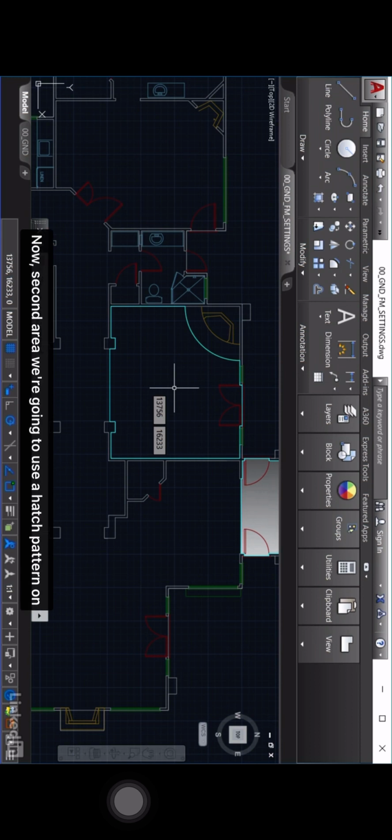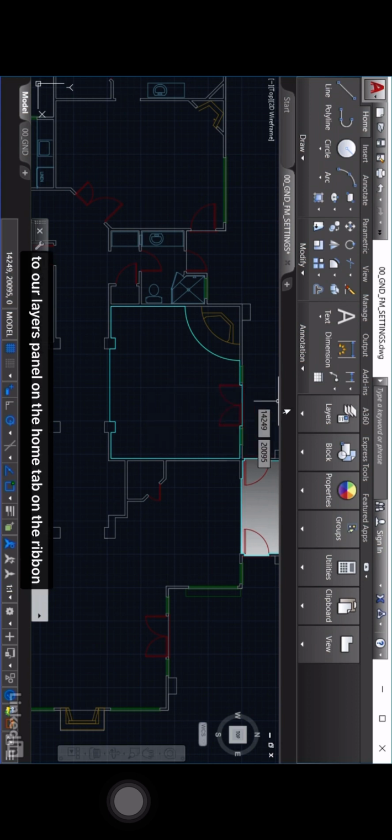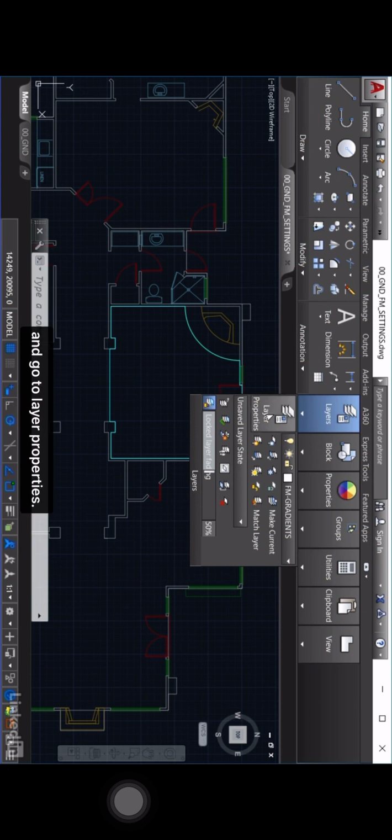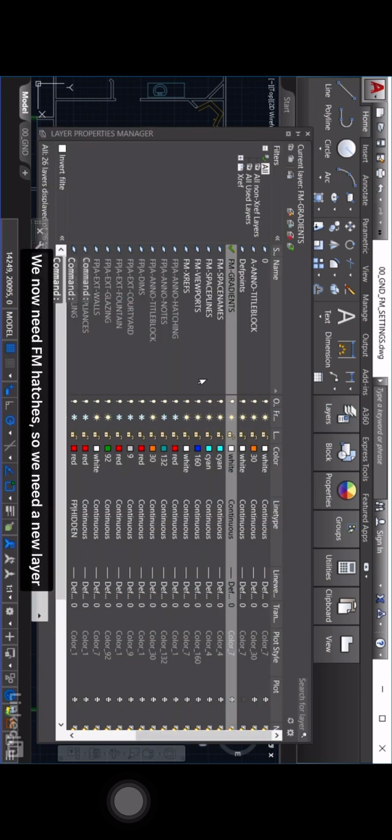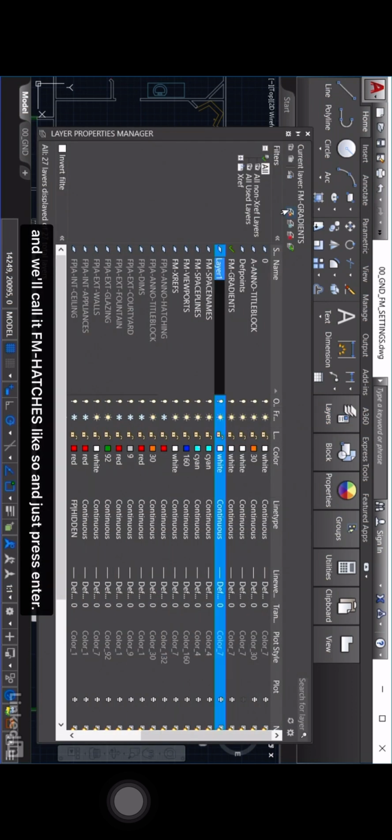Now, the second area we're going to use a hatch pattern on, because you can obviously define your spaces by way of a hatch pattern instead of a gradient fill. You can then perhaps have a legend on the drawing that uses different hatch patterns, different gradient fills to define different spaces. So, using now a different layer, we go to our layers panel on the home tab on the ribbon and go to layer properties. We now need FM hatches. So we need a new layer and we'll call it FM hatches like so, and just press enter,